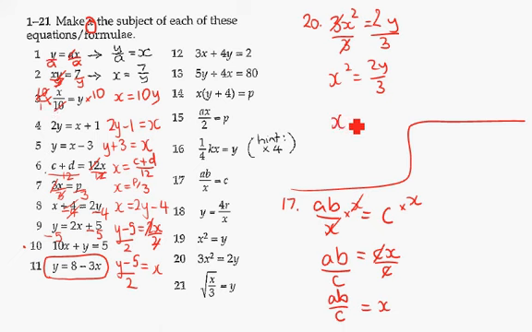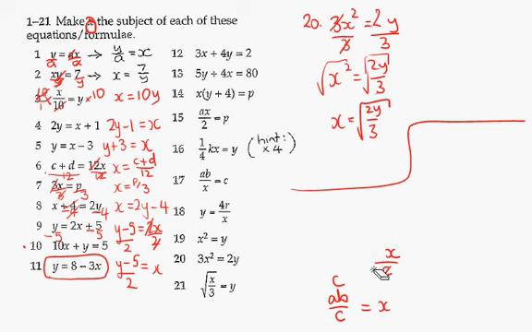And now I can see that x will be the same as the square root of this fraction here. I'm actually square rooting both sides now, like that. And I know that the square root of x squared is just x. I've squared a number, square root gets me back to the original number. And just to finish off, we can try number 21. We've got the square root of x divided by 3 equals y,